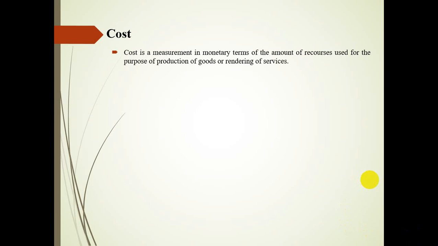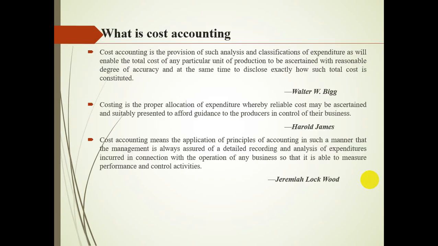Now coming to cost. What is actually cost, before proceeding to cost accounting? Cost is the amount of money which is used for the purpose of production or for the purpose of rendering services. When we are paying any money, any amount that we use for resources for production or service purposes, that is called cost. And when we are providing services or producing goods, you have to know the cost of the goods, and then you will get to know the different aspects of